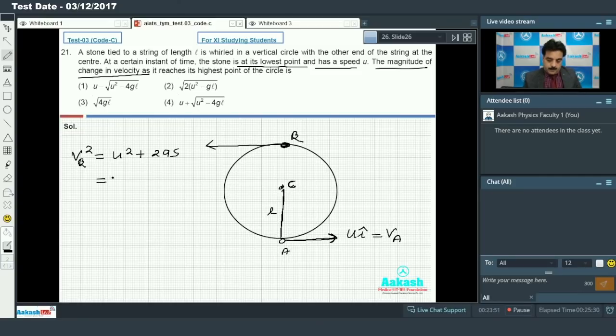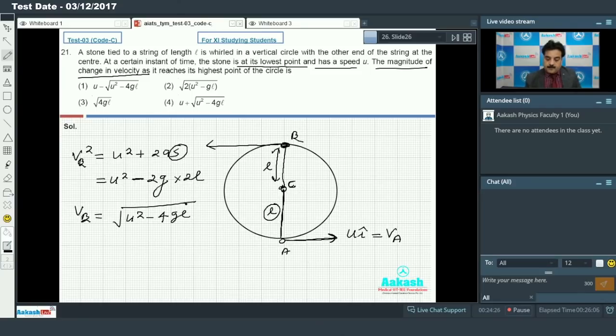So u square is there minus, because acceleration due to gravity is acting downwards, so I am going to use the minus sign, 2g, and I need this s. Because L is the length of the string, we can write s is equal to 2L, right? So speed at point B is root of u square minus